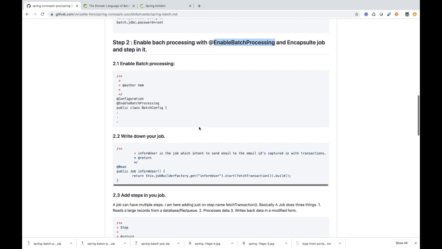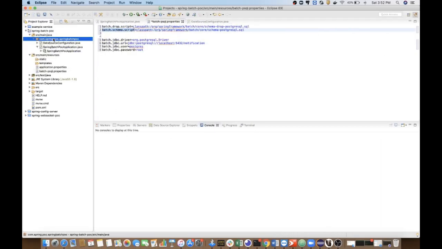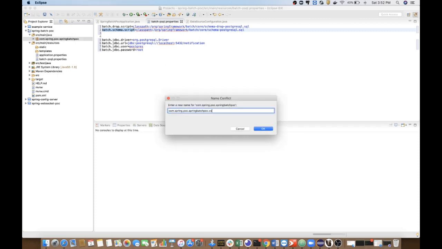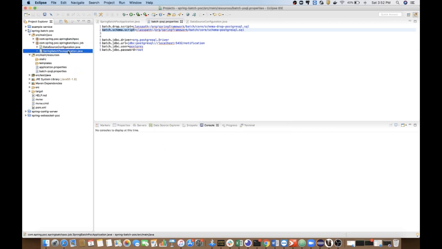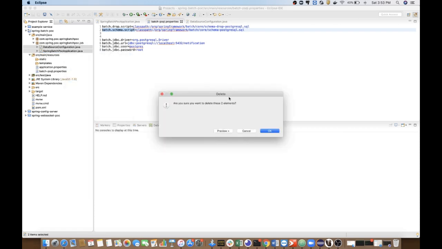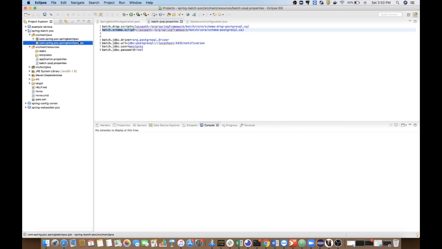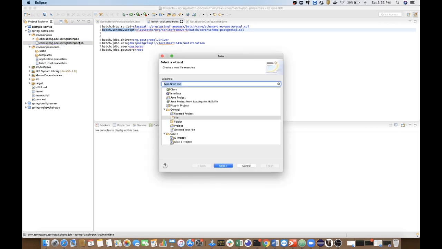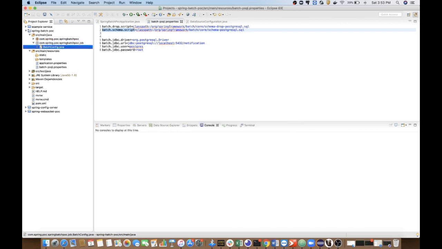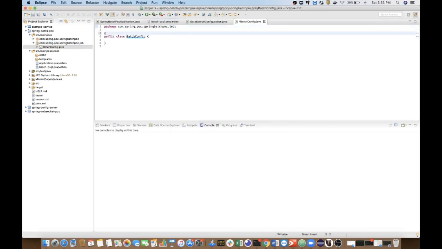So we'll create here, control C, control V. Class batch config. So I need to first make it a configuration and then I'll enable the batch processing.